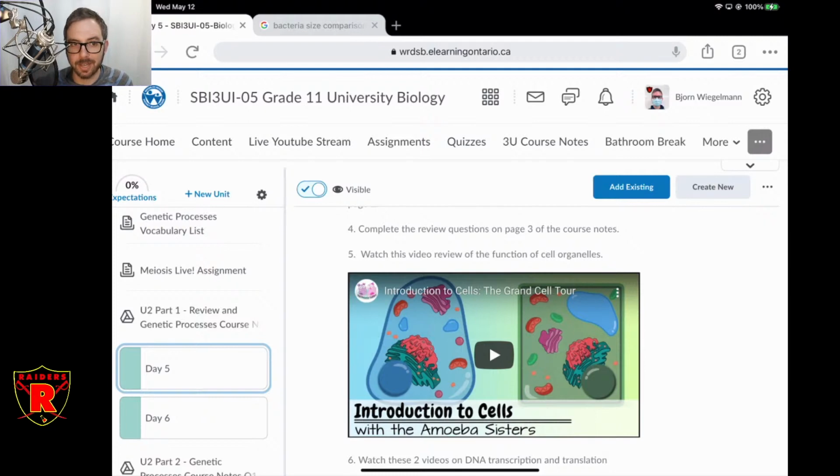I only say that because it's harder to create a dichotomous key for bacteria and archaea. It's not impossible. We have them, so you can do it. It's just more difficult because they pretty much all look the same, especially the closely related species that you would put next to them on a dichotomous key. They're going to look identical.